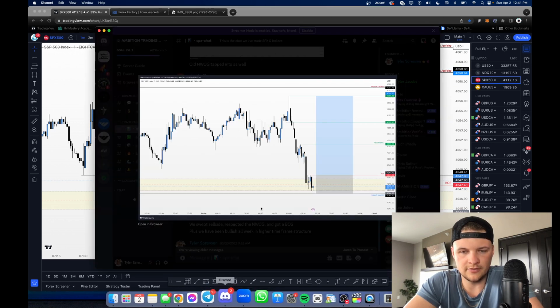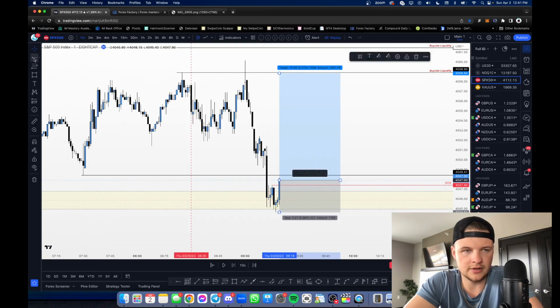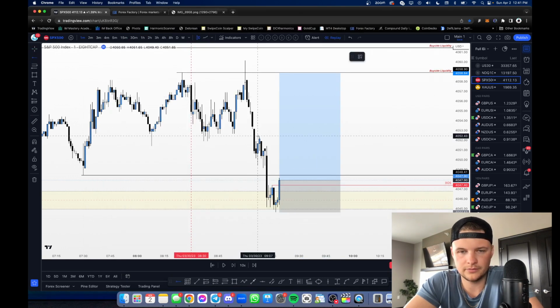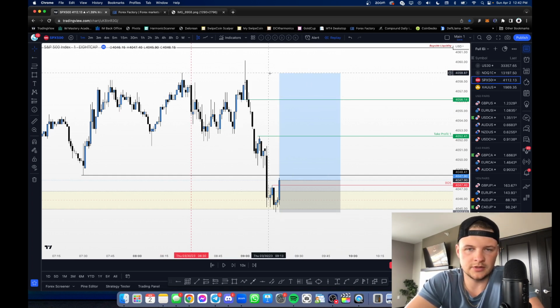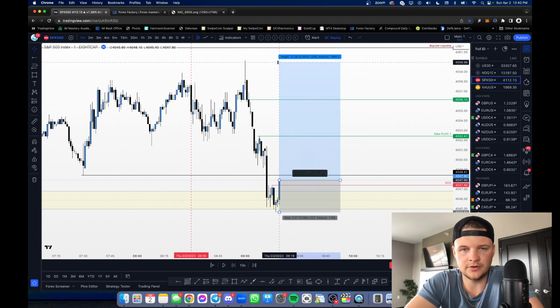Let's go look where take profit 1 was. So TP1 was targeting that high right there. So that's TP1, literally at about like a 1-to-1 risk reward. TP2 was this order block. And then TP3, since this got, we can delete that. TP3 was either this high, or you could have used this buy side liquidity. Let's just say, I believe this was the level that I actually sent out, was that high right there.